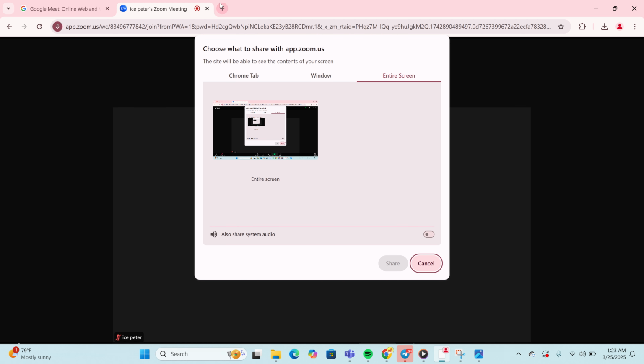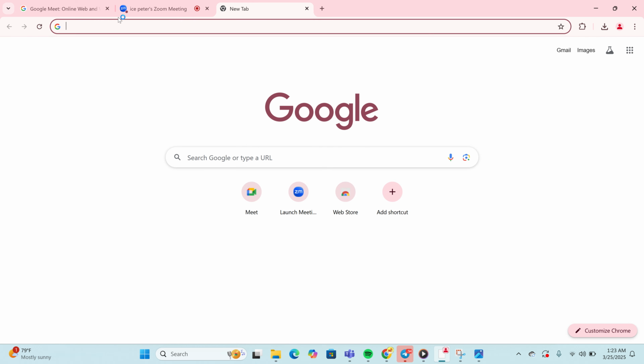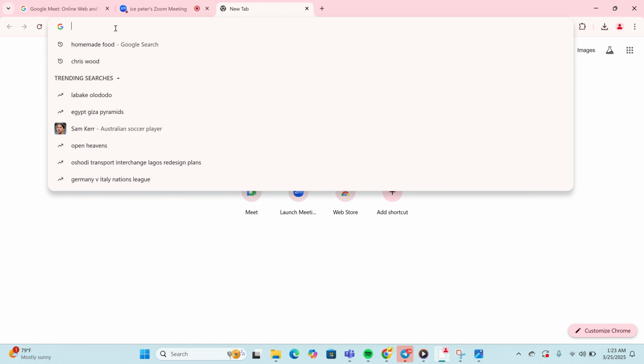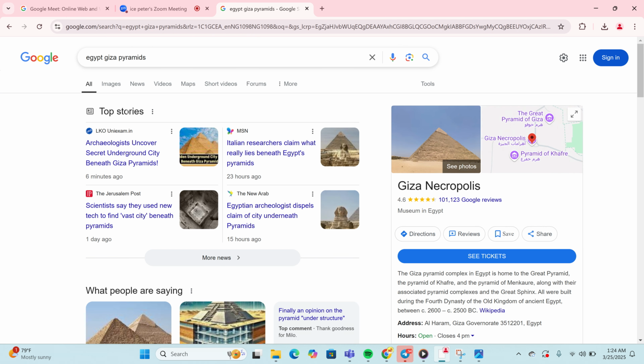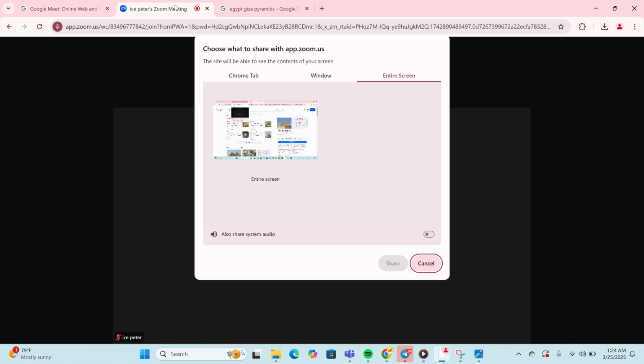Now, if you want to share a Chrome tab, go to the Chrome tab and click on Egyptian pizza pyramid, just a random stuff. Assuming the file you want to share has a URL or a link, you can feel free to copy it, open a new tab here and paste it, and use the Chrome tab to do it, because I do prefer to use the Chrome tab during the time of sharing this video, anytime at all